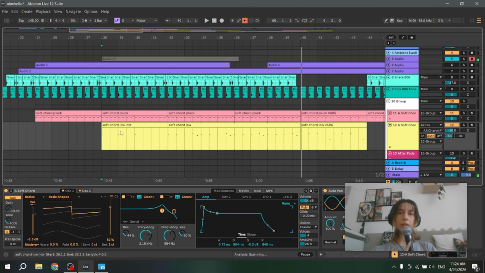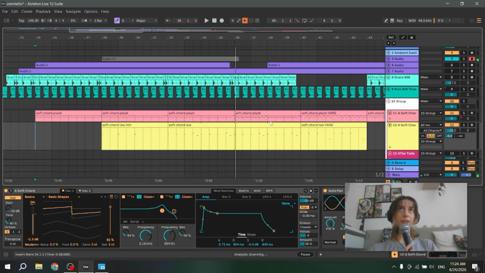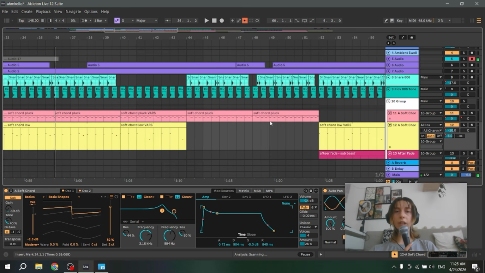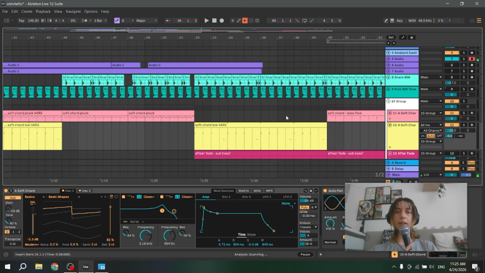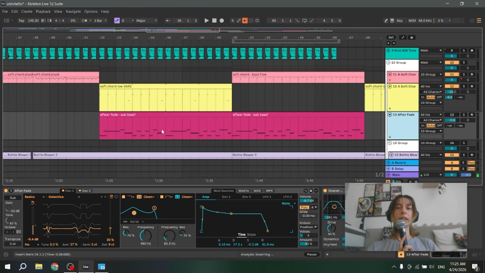Like if I just listen to these two together, I feel like it just adds a little thing that you don't necessarily notice if you're not focusing on it, if you're not looking for it. It just adds its kind of atmospheric detail. I don't know if this is sub bass, but it's a bass.